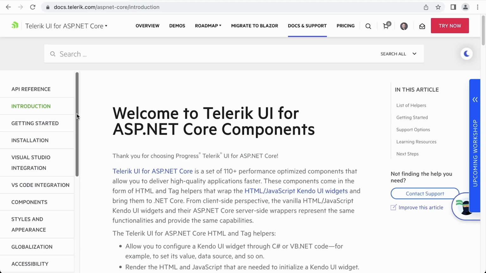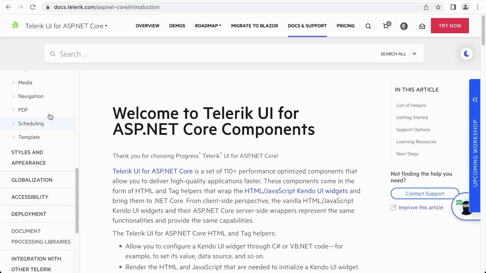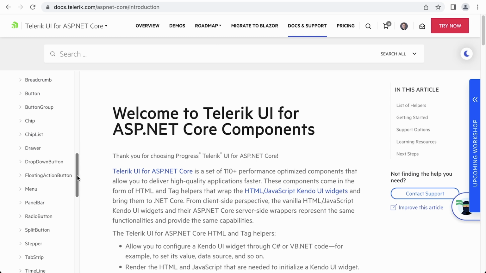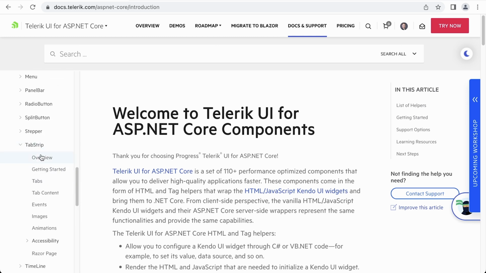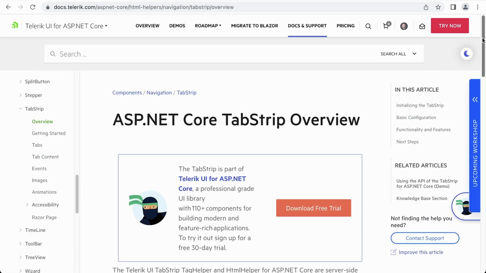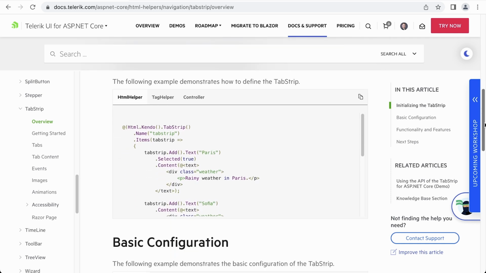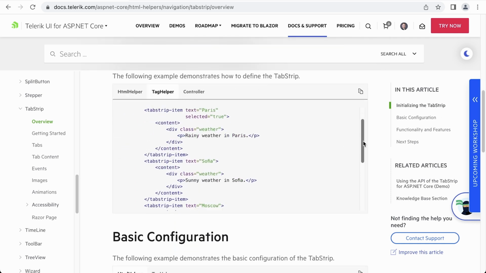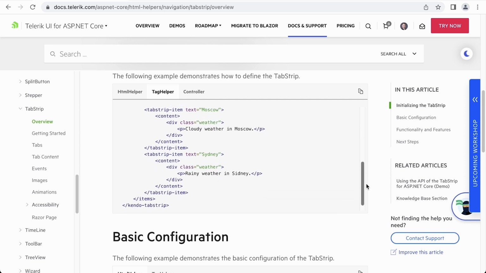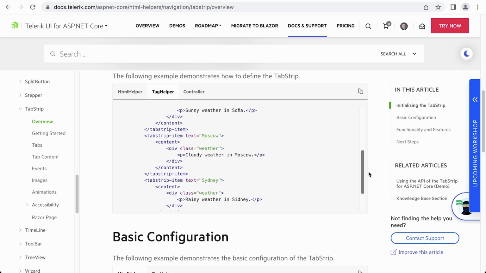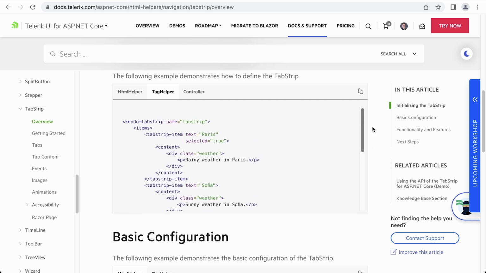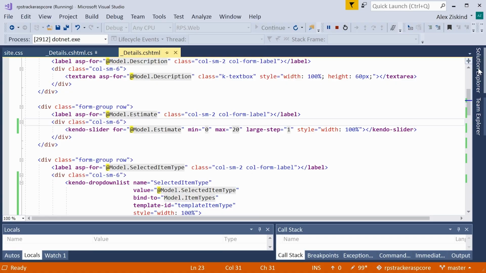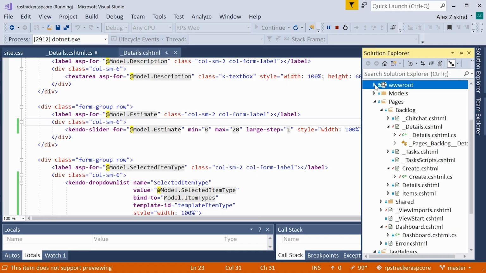Let's take a look at documentation for a second. If we go to navigation, you'll find TabStrip right here. This will give you some basic usage and configuration. Now you can see that TabStrip needs to have items, and then inside of that, you have TabStrip items with the content. So this is pretty declarative, and the way we create this is going to be very natural in an HTML document. So let's head over to our project, and we want to open up the details page, not